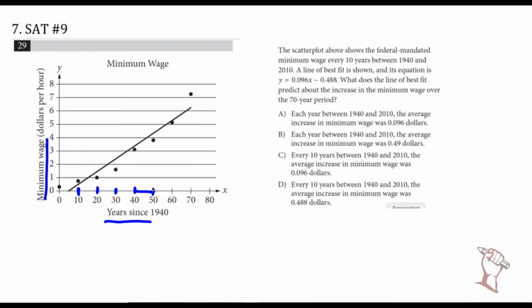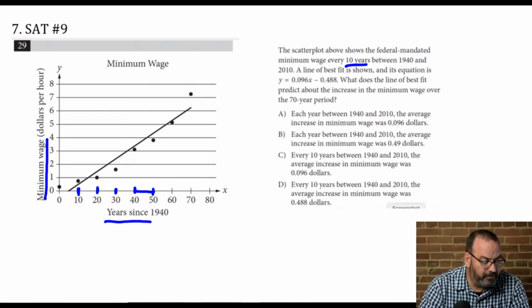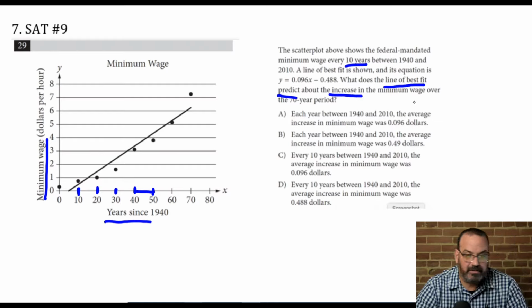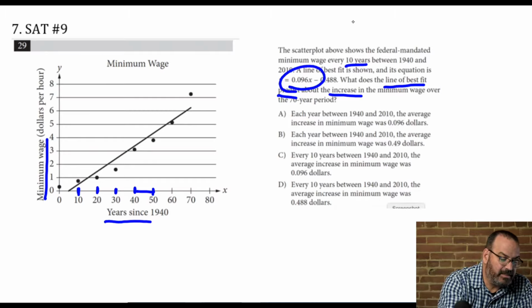The scatter plot above shows the federal mandated minimum wage every 10 years between 1940 and 2010. A line of best fit is shown in the equation y equals 0.096x minus 0.488. What does the line of best fit predict about the increase in minimum wage over the 70-year period? What is increase? A positive slope. It's going to increase